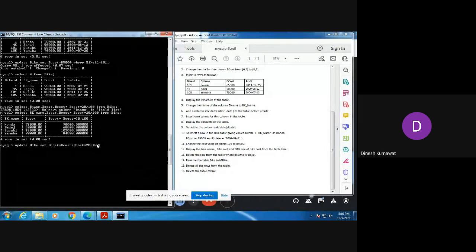ओके, लेकिन अब आप ध्यान से ऑब्जर्व करो कि दोनों स्टेटमेंट में डिफरेंस क्या है। अगर मैं ये आपका अपडेट वाला स्टेटमेंट यूज करता हूँ तो फिर मेरा ये पूरा का पूरा टेबल ही चेंज हो जाएगा। दैट इज ये बी कॉस्ट जो भी होगा वो ऑलरेडी 20% से इंक्रीज होके मुझे शो होगा। लेकिन अगर मैं ये कमांड यूज करता हूँ दैट इज सिलेक्ट बी नेम बी कॉस्ट, तो हमारे ओरिजिनल टेबल में तो कोई फर्क नहीं पड़ेगा, लेकिन हमें एक एक्स्ट्रा कॉलम शो होगा जिसमें ये जो बी कॉस्ट है ये 20% से इंक्रीज होते हुए हमें दिखाई देगा। इज इट क्लियर व्हाट इज द डिफरेंस बिटवीन दिस टू?